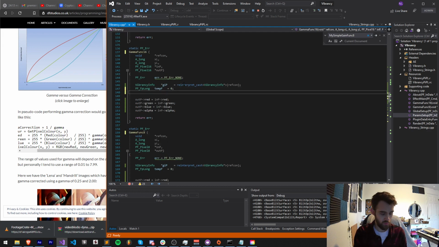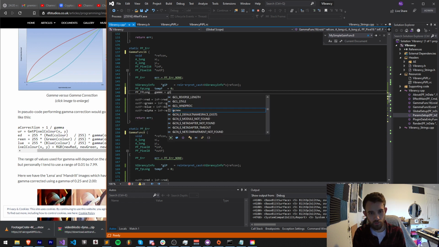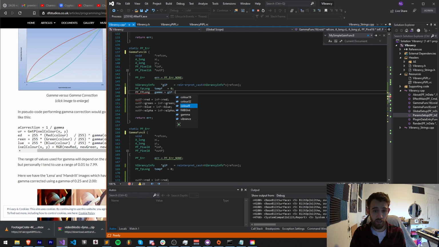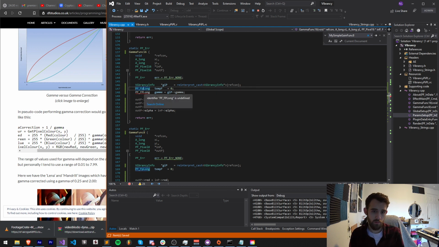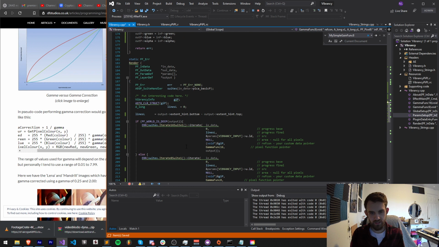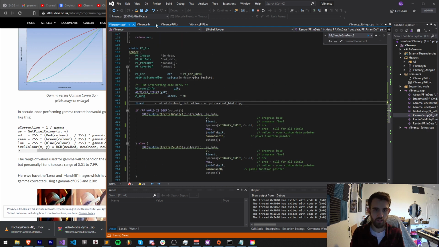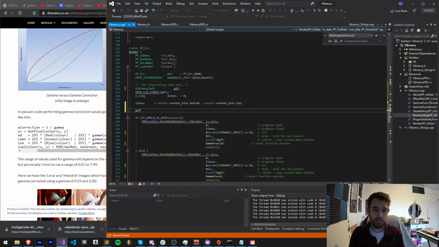So say fp long gamma is equal to this GIP pointer. We want the gamma, and I forget how exactly we need to. Oh, I also need to be doing this in the 8 bits for now. I forget if we need to pass something here or if it just interpolates it. Oh yeah, we need to do it before here. We're going to populate this GIP object with all of our param values that we need. So GIP